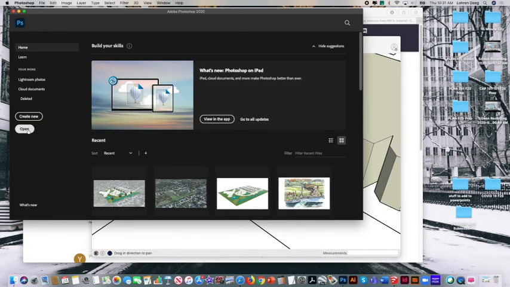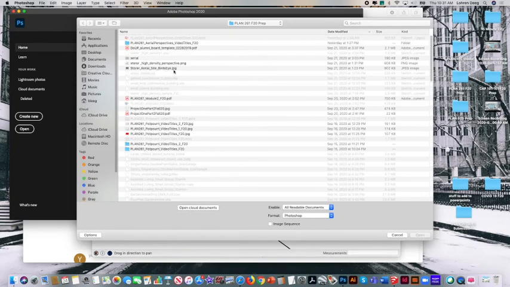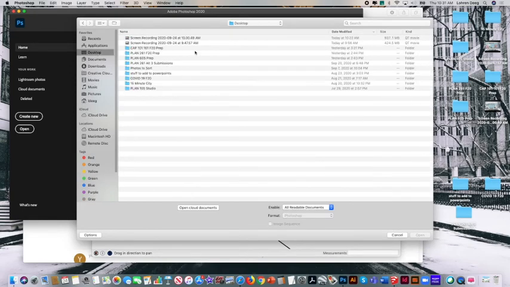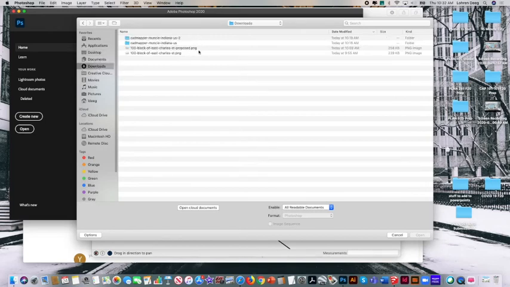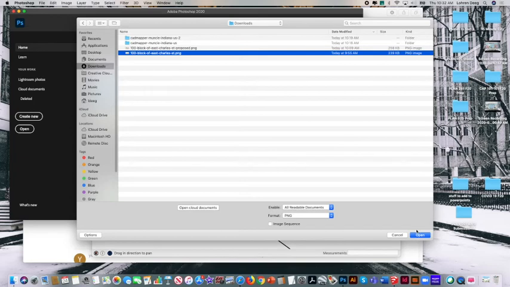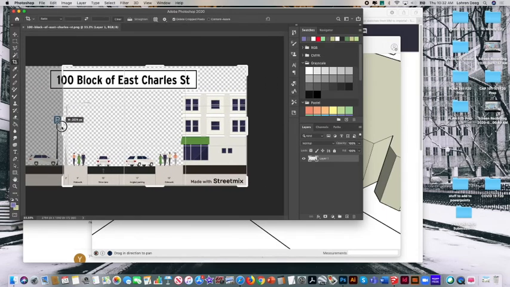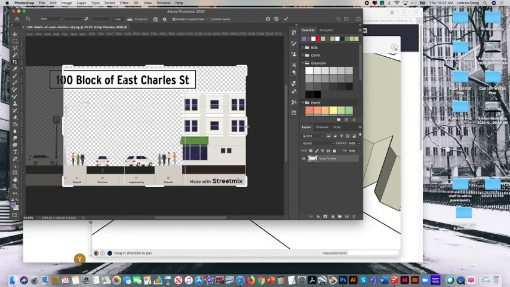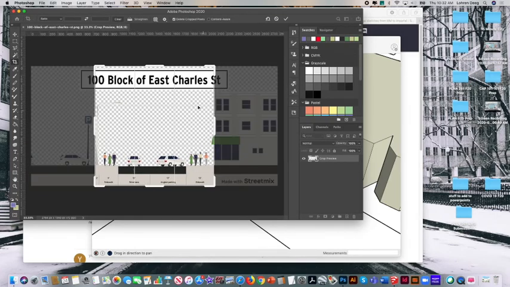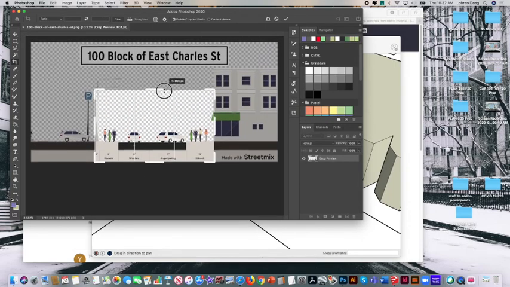So in Photoshop, I'm going to open the Streetmix image that I made. It's in my Downloads folder, yes. 100 block of East Charles Street PNG, open. And there it is, okay? So I don't need all of this, but I'm going to grab the crop tool and crop it down to the exact sidewalk width. Just crop it down to that